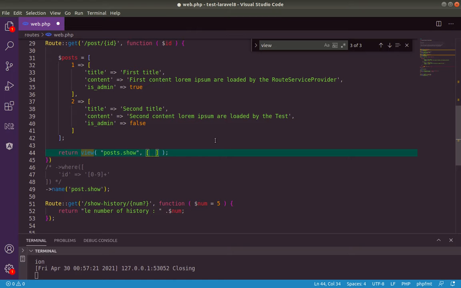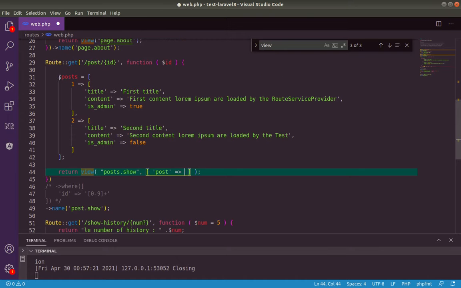So let's first of all name our variable. This variable will pass to our view, so let's name it post. Okay, and its value is this fake array data,